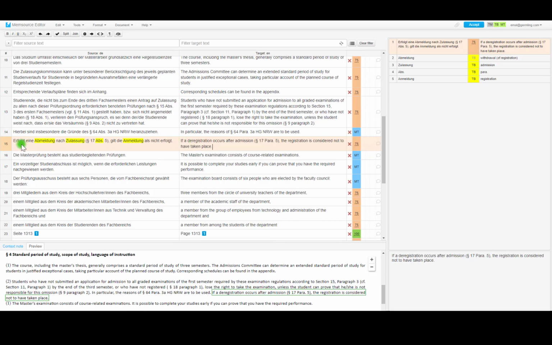Main problem here, impersonal administrative language. So here we're not clear who has to do what in this sentence. If a deregistration occurs after admission, the registration is considered not to have taken place. So this is a major issue. If a student withdraws their registration after admission,